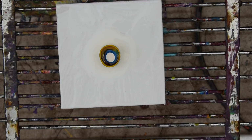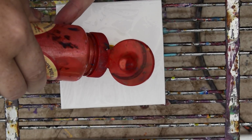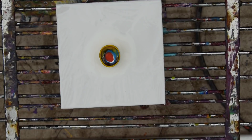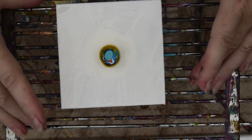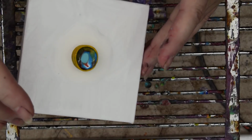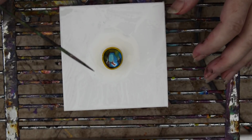Kind of tempted to stick something in there. Do I have some good orange? I do. I have a little bit of good orange. It's pretty much at this point all the colors of the rainbow type gig again. And now we're full up. And I don't know if I can get this to work the way it should, but I'm going to try it. I'm going to try it carefully